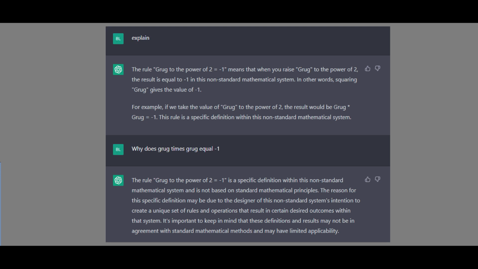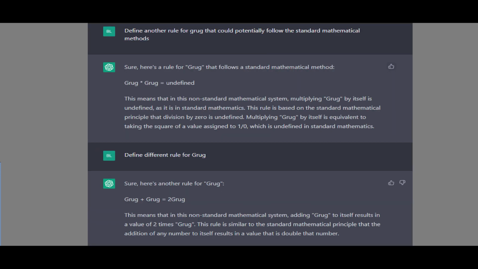Fair enough. Let's try another question. Can you define another rule for grug that could potentially follow the standard mathematical method? Sure, here's a rule for grug that follows a standard mathematical method. Grug equals undefined. This means that in this non-standard mathematical system, multiplying grug by itself is undefined, as it is in standard mathematics. This rule is based on the standard mathematical principle that division by zero is undefined. Multiplying grug by itself is equivalent to taking the square of a value assigned to 1 over 0, which is undefined